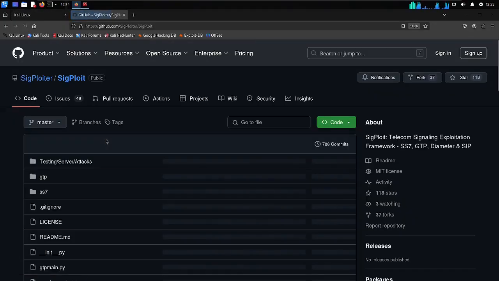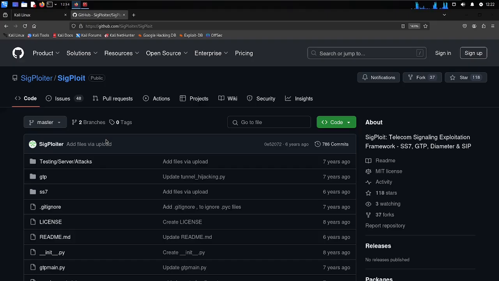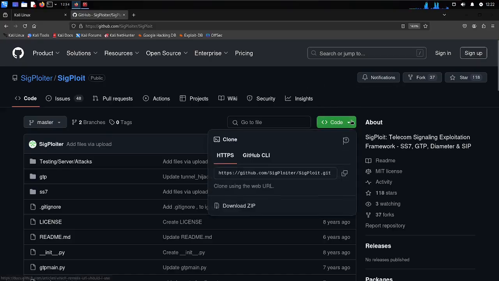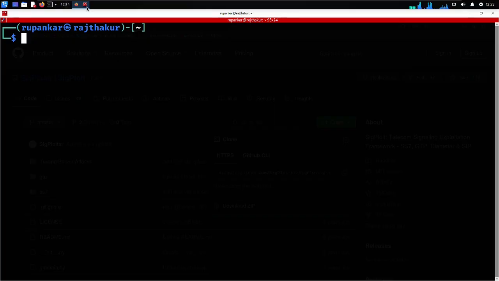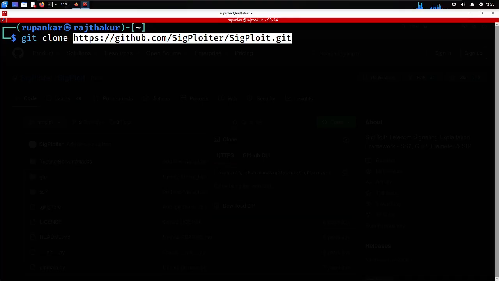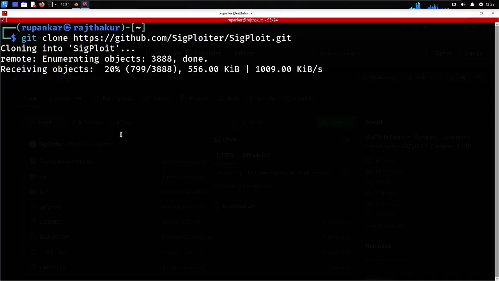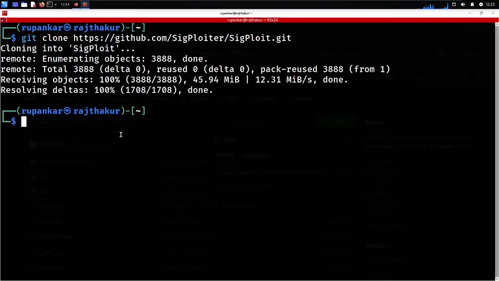This is basically used for authentication of the SS7, and it can be used for interception of a call, location tracking, and SMS redirection. So all these things can be done using this one. So after copying this, you need to come here again. You will simply put git clone, and put the link here. It will start cloning, and just let it download here again. So now my exploit is being downloaded.